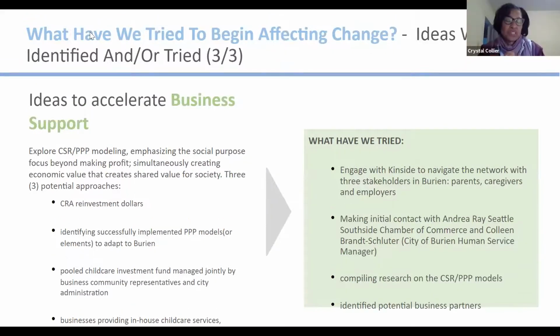Okay, so this was the third entry point that we actually identified. And when we were thinking about the entry points, one of the things that we talked about in class and thought about from the model is: what is the problem that you're talking about? Who does this matter to? Why does it matter? And really, who does it need to matter more to? And this is when you get to the business support. This is really one of those areas where it needs to matter more, because when you think about Burien as a community,